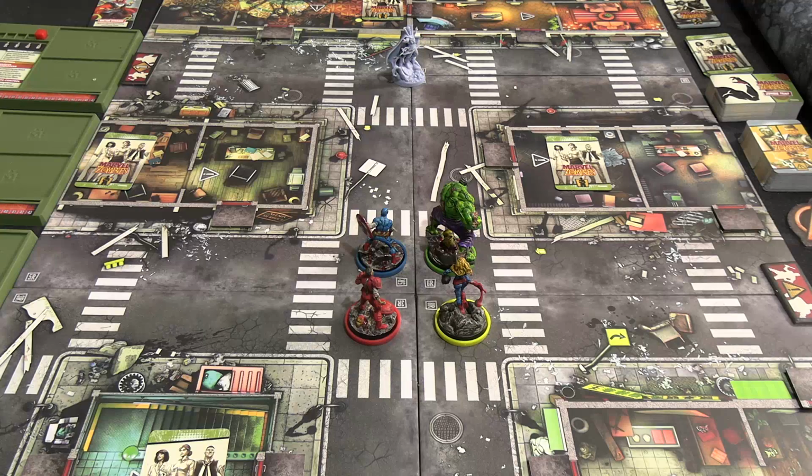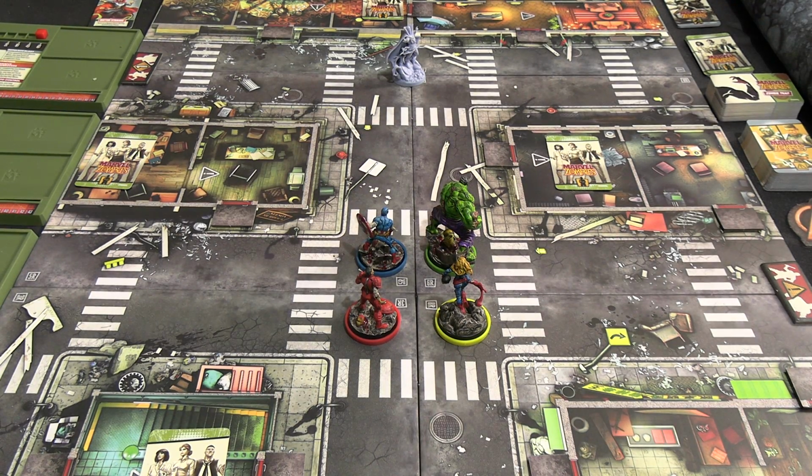Everyone and welcome back to the Marvel Zombies playthrough. We're up to the third mission in the Zombie Hero campaign called Sanctum Defense. The focus here today is getting past semi-immortal Doctor Strange in order to get into the Sanctum to eat people,